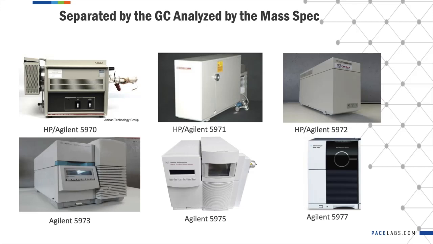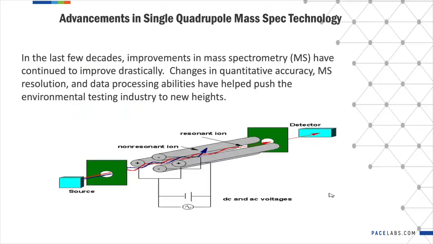After our sample has been separated out by the GC column, it is now analyzed by the mass spectrometer. Once again, we can see in the pictures of these mass specs that there have been significant changes over time. In the last few decades, improvements in mass spectrometry have continued to advance drastically. Changes in quantitative accuracy, mass spec resolution, and data processing abilities have helped push the environmental testing industry to new